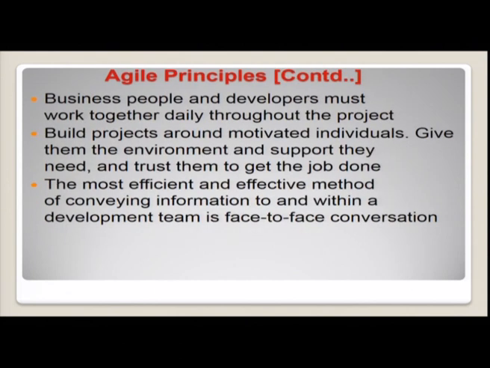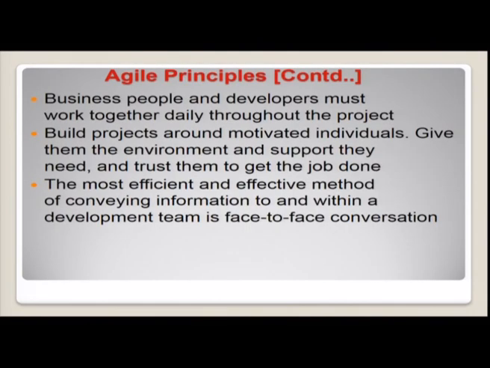The fourth Agile principle denotes: business people and developers must work together daily throughout the project. Who are the business people? The customers. A customer is the person who gives business. A customer by definition is the most superior part of an organizational unit, because he is the person who is going to give business, he is the person who is going to pay the organization, wherein in turn the developers get their salaries.